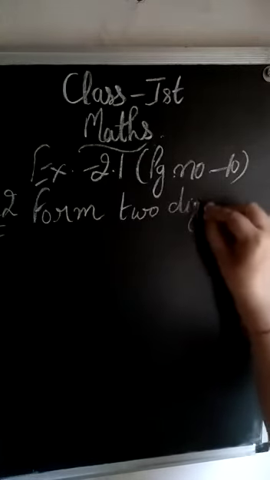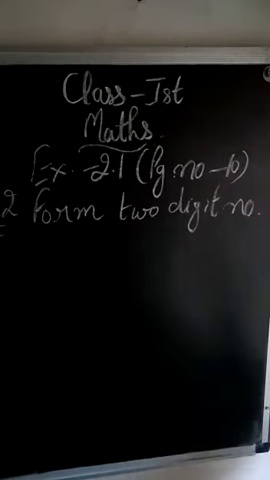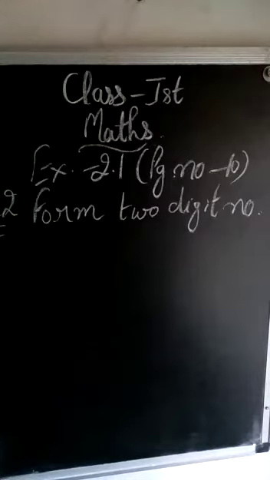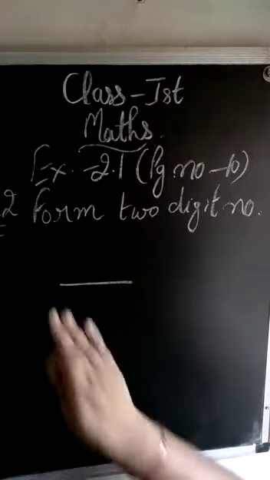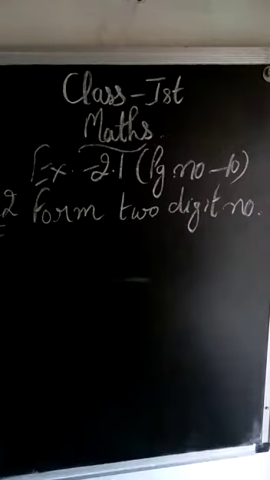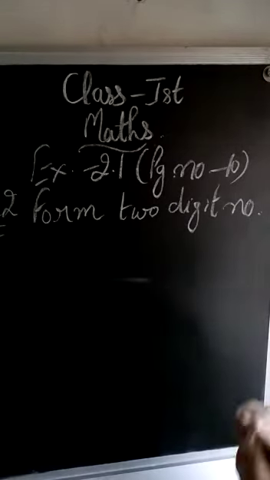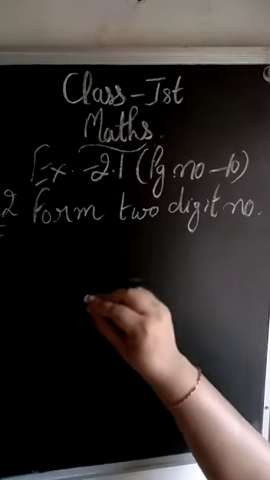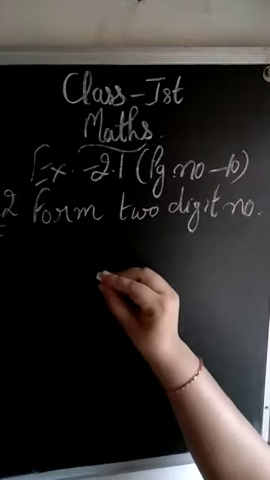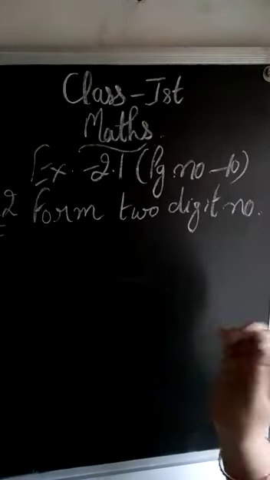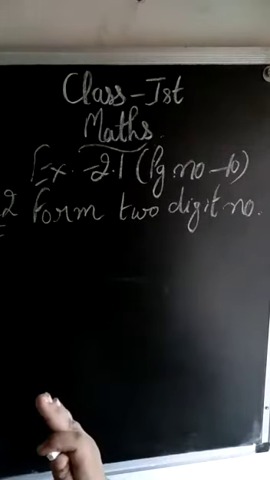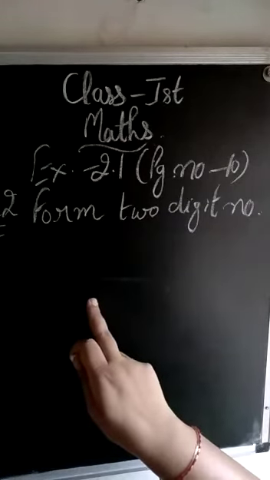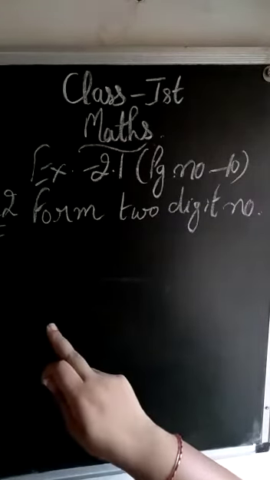Here this one is the given heading. At first they had given the sum. The digit 3 is in ones place and the digit 4 is in tens place. As in the previous session I have told you, whenever we are to write a two-digit number, it will contain two digits. At first we will write the ones place digit from the right hand side, and then we will write the second, tens place digit.